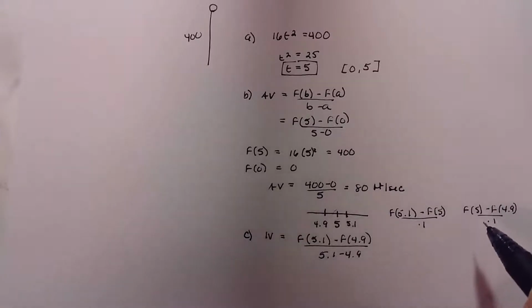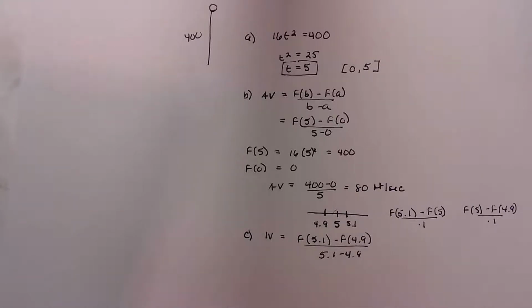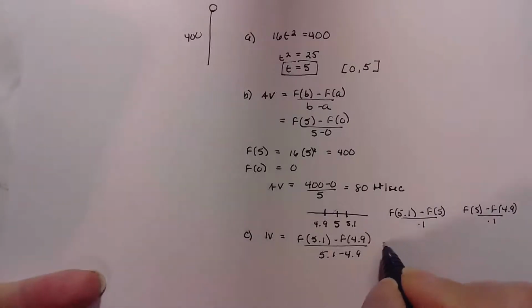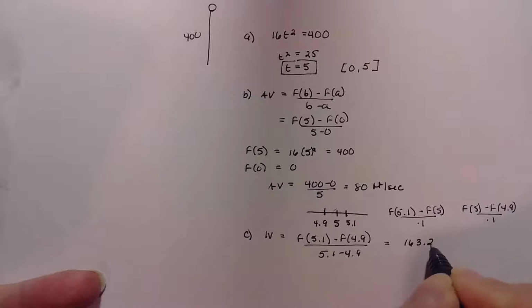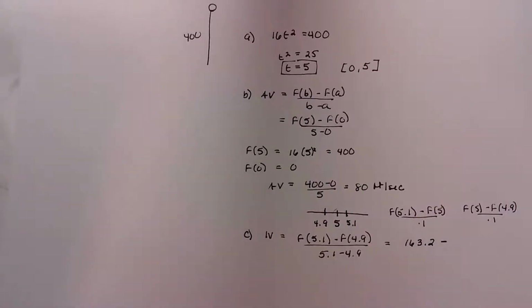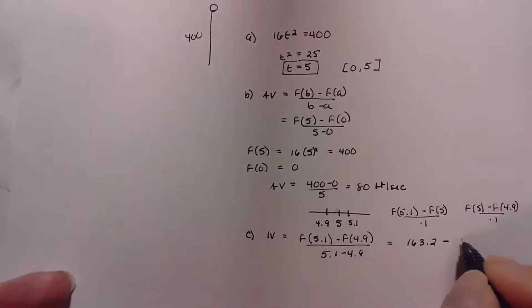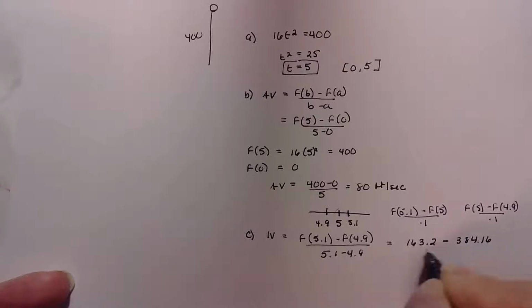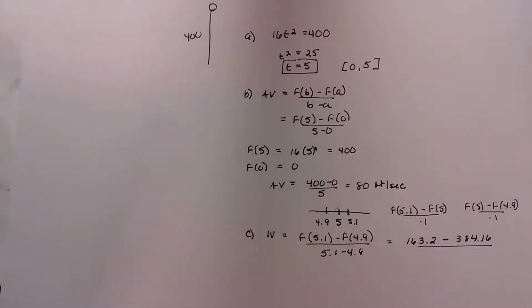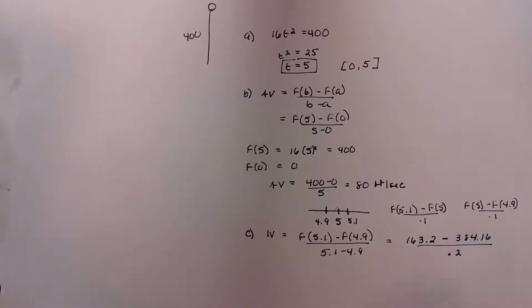All right. So, again, I don't know what f of 5.1 is, so I'm going to have to use my calculator. It's 16 times 5.1 squared. And what we get is 163.2 exactly, minus, now if I do 16 times 4.9 squared, I get 384.16. That's over 0.2. So if I go ahead and subtract those, 163.2 minus 384.16, and I divide that by 0.2,